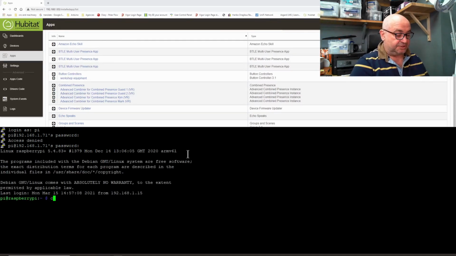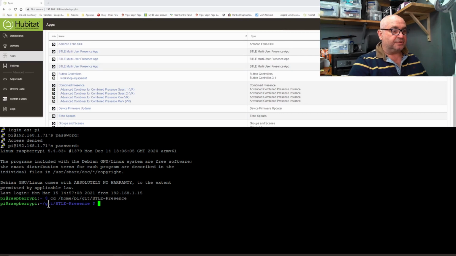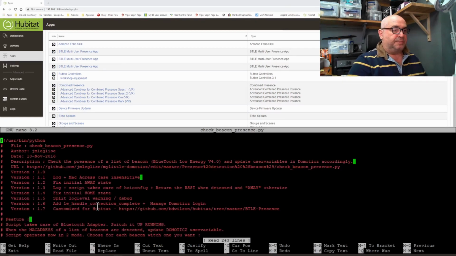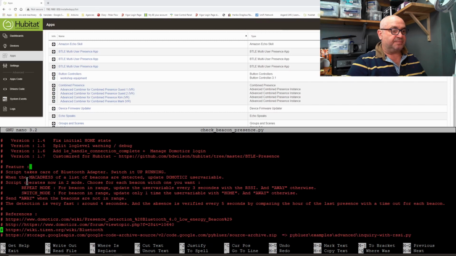Okay, there we are. Now we need to change directory again, and you can cut and paste that from below. And there we're in the correct directory. Next we're going to need to bring up the file for the beacon presence. So we need the nano command, and that will open up our file. Then we need to just cursor down with the arrow keys to find that